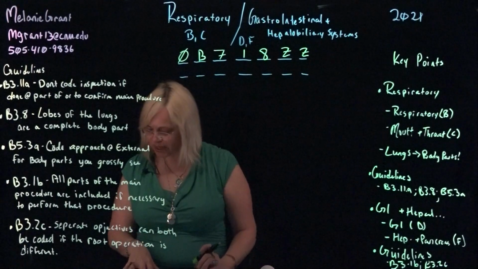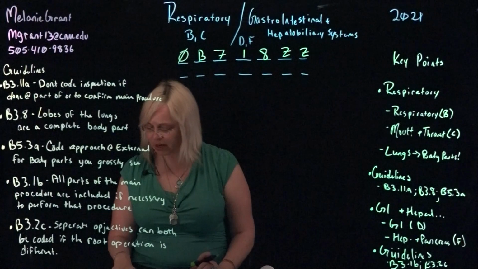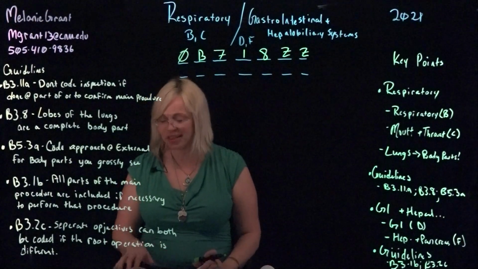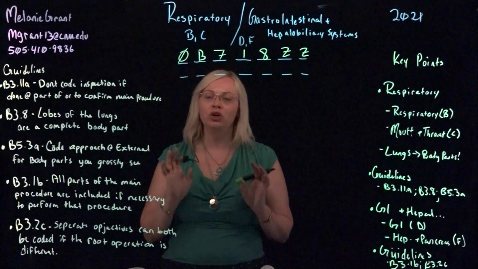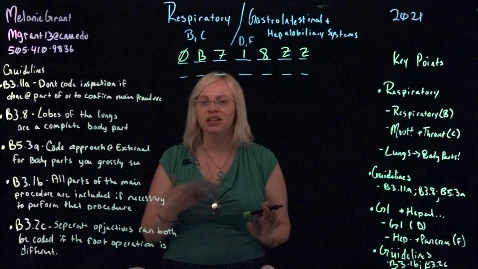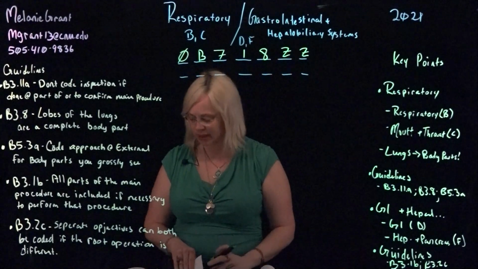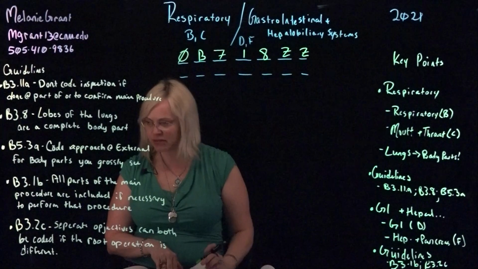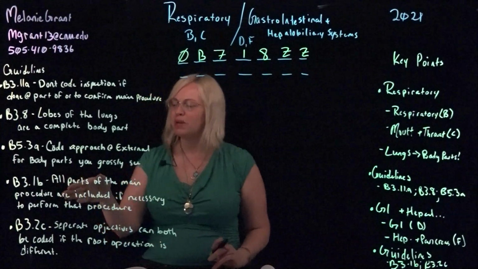You also have some breakdowns of the hepatobiliary system, which involve your liver, gallbladder, and pancreas, as well as the ducts going into each of these. Because these are considered a separate area, even though they're part of the GI system, you'll want to make sure that you identify which part of the GI tract we're looking at in order to identify which particular body system you're going to list. Now the guidelines for this one are going to identify B3.1b and B3.2c, which basically say